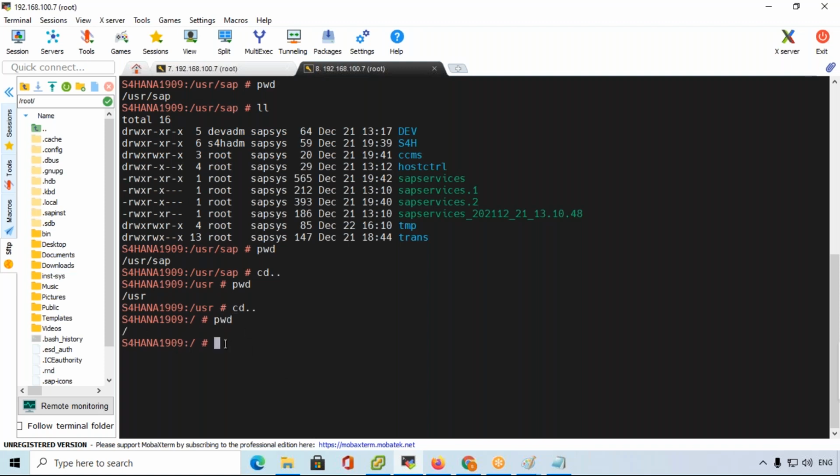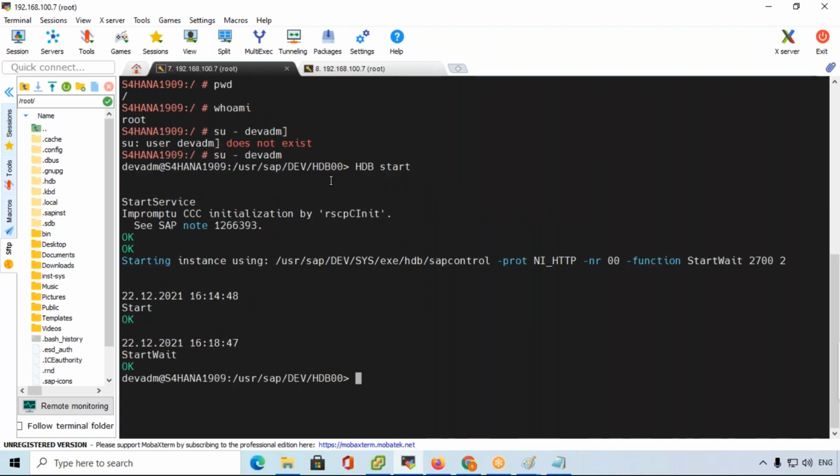So here you can enter switch user, su hyphen s4hadm. This is the S4 HANA user, s4hadm. Already the same command we used here also.